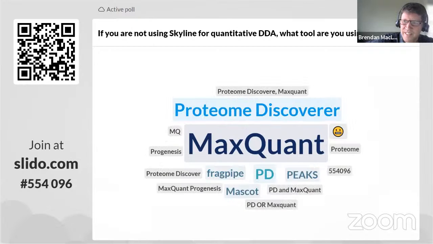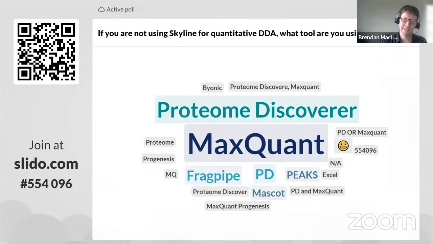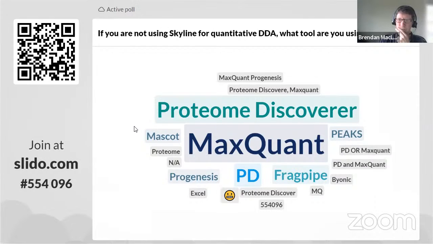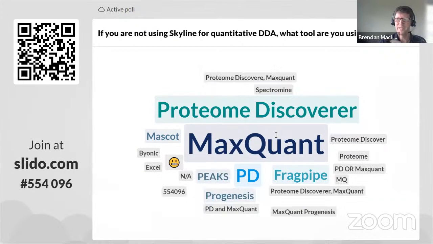Somebody keeps giving us emojis, and somebody keeps giving us numbers. I don't know what. So, wow, straight in Excel, Mascot and Peaks, or that we would expect some of those. And FragPipe, yeah, I think FragPipe is also getting more popular. Okay, yep, this is MaxQuant and Proteome Discoverer would be the ones that I would expect